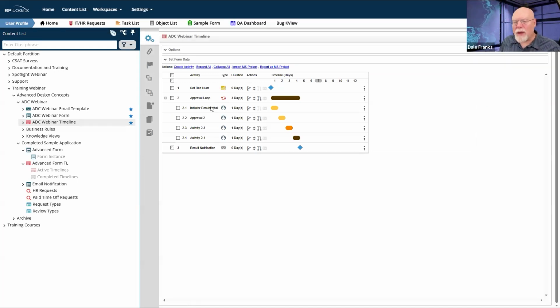So I've got to ensure that the way it's configured now, simply by changing this to initiator resubmittal, here's what's going to happen. The initiator is going to open up the form. They're going to submit it. They're going to see the spinny on the form, and then the form is going to reopen with a task assigned to resubmit this form, which is going to be super confusing. So I want to ensure that this doesn't run in the first time.